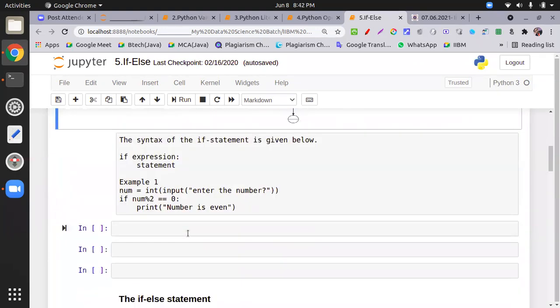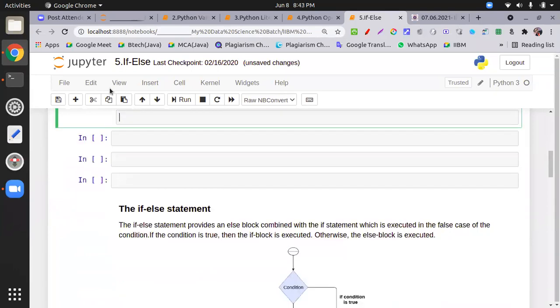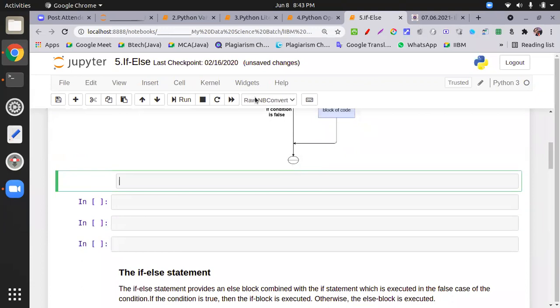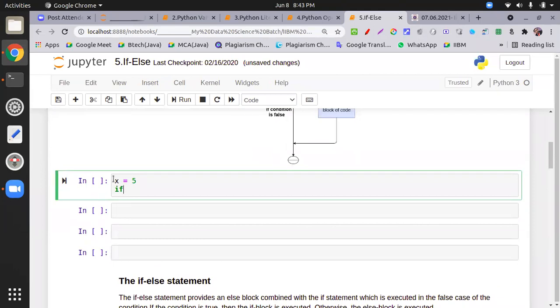For example, see this. I put x equal to 5, and I want to check if x is greater than 3. One more thing: in Python there are no curly braces.